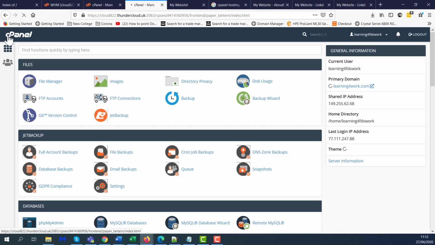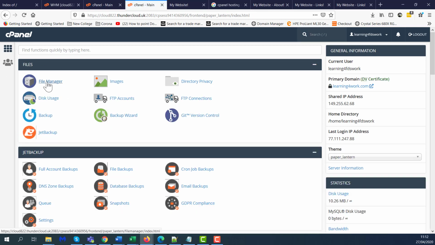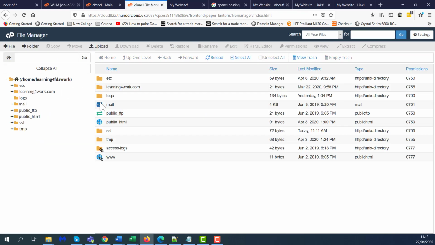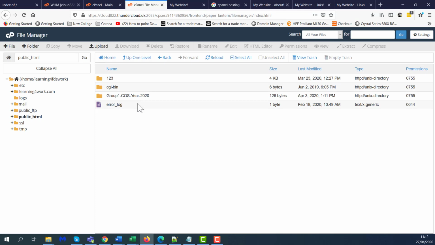We can go now to the cPanel and click on the file manager. Now within the file manager, we have a folder called public_html, or we have the www root. Either of these roots is the same root. It will take you to the same folder. So I prefer using the public_html. So here, what I'm going to do, I'm going to create a new folder,